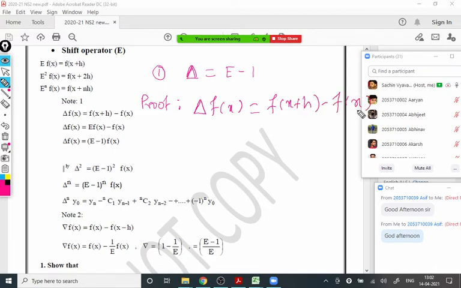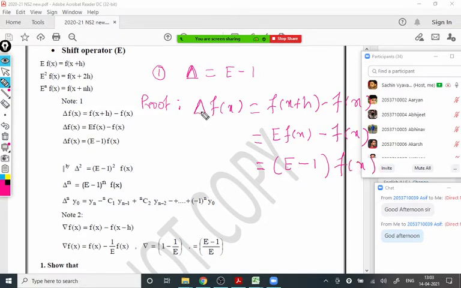This is by definition. Now we have to find the relation between delta operator and e operator. These are operators. It is just like a differential or integral operator. These are changing the function. So when we say delta of fx, that changes the function like this: f of x plus h minus fx. E of fx is f of x plus h. So as we have to convert this RHS in e function, this term we can write as e of fx only. This minus fx will be as it is. Now we can take that fx outside and keep the operator like e minus 1, e minus 1 of fx.